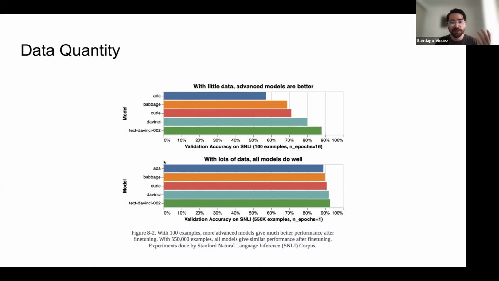But if you have lots of examples and you just use a simple model, then you will get almost the same performance as the advanced models, and that's good because the simple model is probably cheaper to host, cheaper to run, faster, etc.